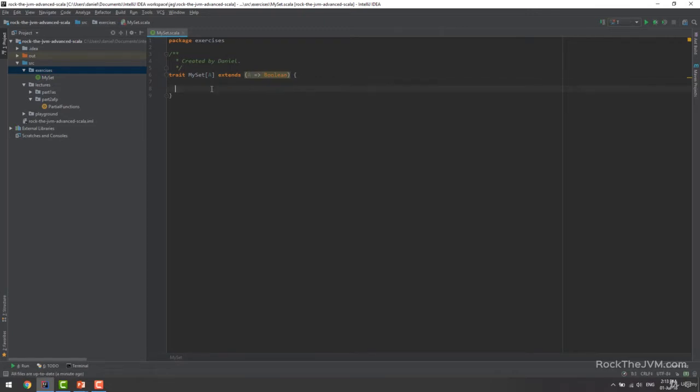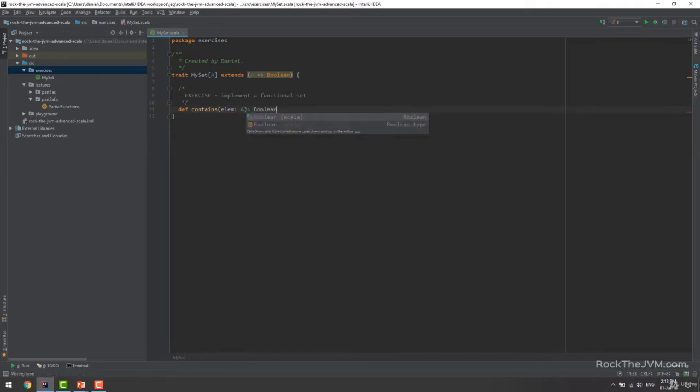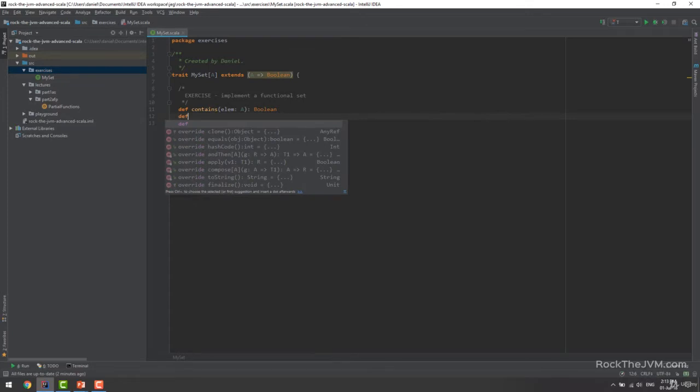So as an exercise, I would like you to implement a functional set. In particular, I would like you to implement an apply method. The apply method is already contained in the A to Boolean trait, so that's fine. I would like you to create some other methods that are very collection specific. For example, contains, which returns a Boolean. This will be very simple. Adding an element,